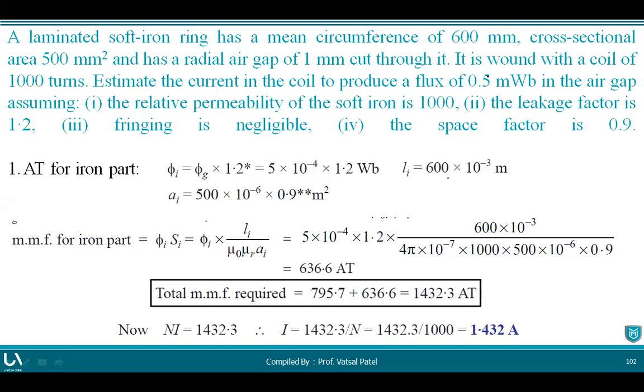Are you getting this? And then after that we will identify the value of the cross sectional area. So the cross sectional area we identify here is equal to the cross sectional area for the air gap multiplied by 0.9. So from this equation we will identify the flux as well as the cross sectional area of the iron part material. I hope you are getting this thing.